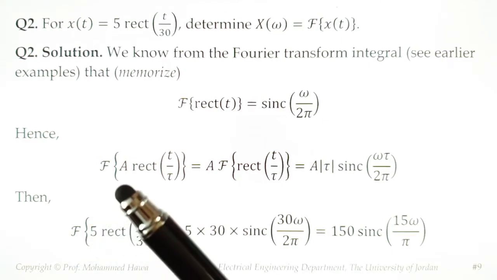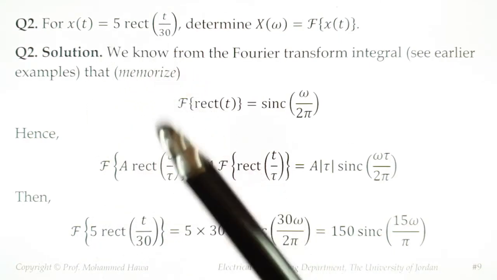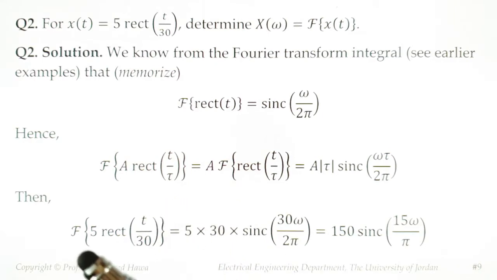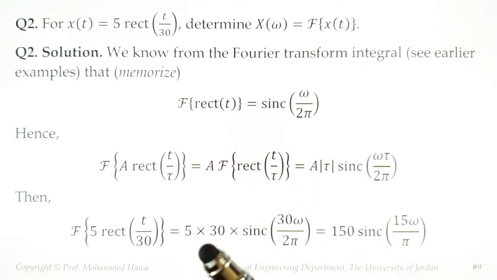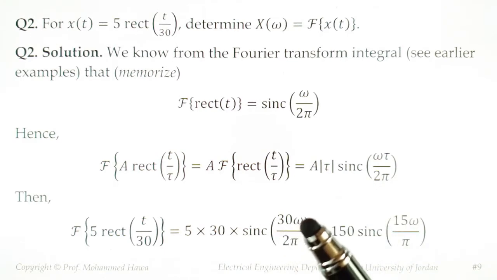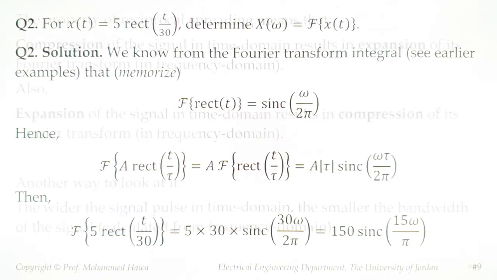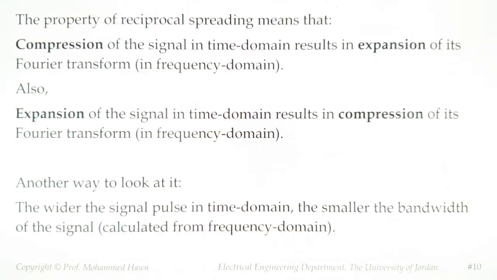Now in my example, A is 5 and tau is 30. So the Fourier transform of 5 rect t over 30 is 5 multiplied by the absolute value of tau, which is 30 seconds, sinc tau, which is 30 omega over 2 pi, and that's my final answer. No integration necessary. In addition to evaluating the Fourier transform so quickly, time scaling or reciprocal spreading has an important physical